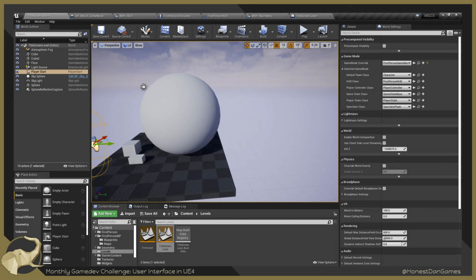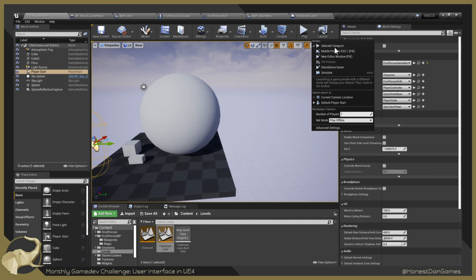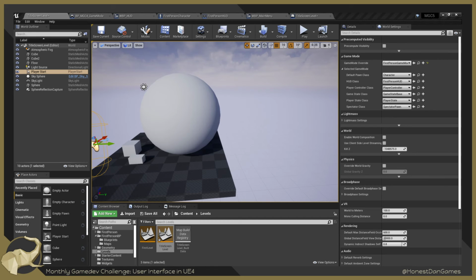Okay, and then if we click the play button, we should have this. Test the resolutions. We can do new editor window from the play and editor options. Okay, cool. Let's have a look at that, shall we? So when we go play, we want to go new editor window. Oh, I've had